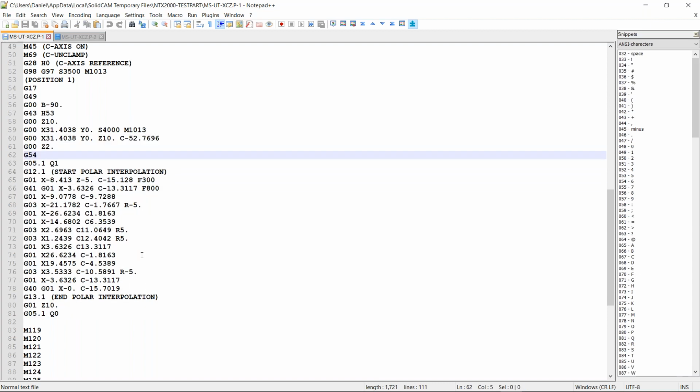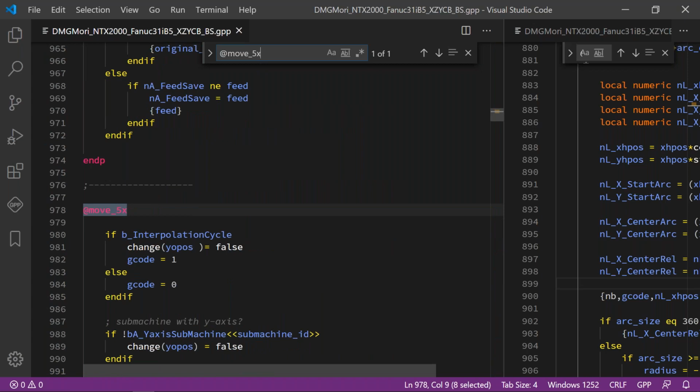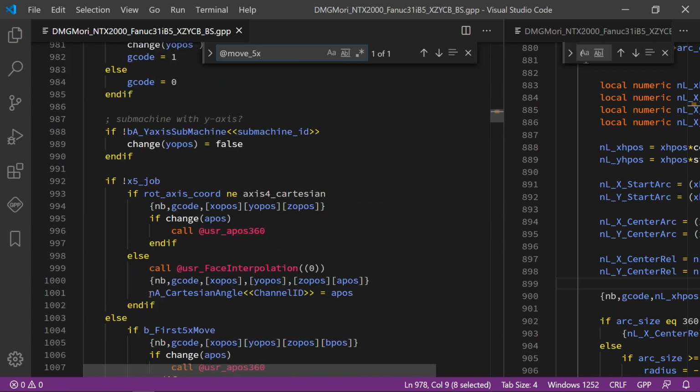Nothing so special. Okay, we have the G3, we have the compensation. Everything works fine, except that now we have some strange values here. Now, you probably remember, I will go again to the move 5 axis. And you probably remember that I create this variable and I say it's a pose. Now, I also mentioned that this can be different from spindle to spindle, from machine to machine. It can be different on the turret level. It can be different on